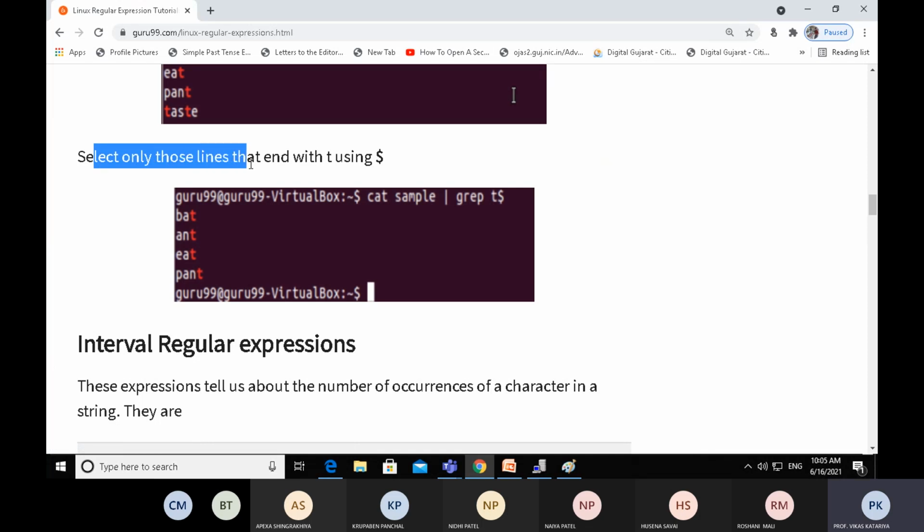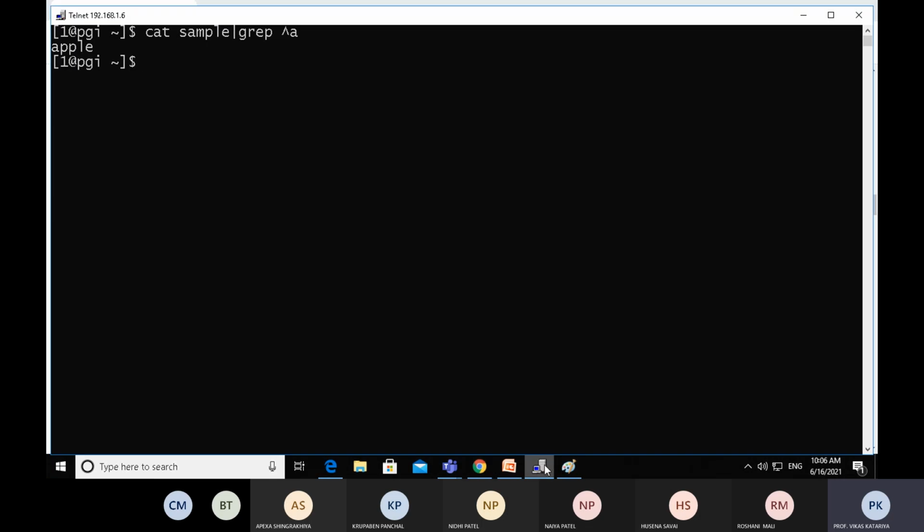Select only those lines that end with T using the dollar symbol. Now this is another task that we have to do. We want to select only those lines that end with T. According to our file, let's observe the content first.